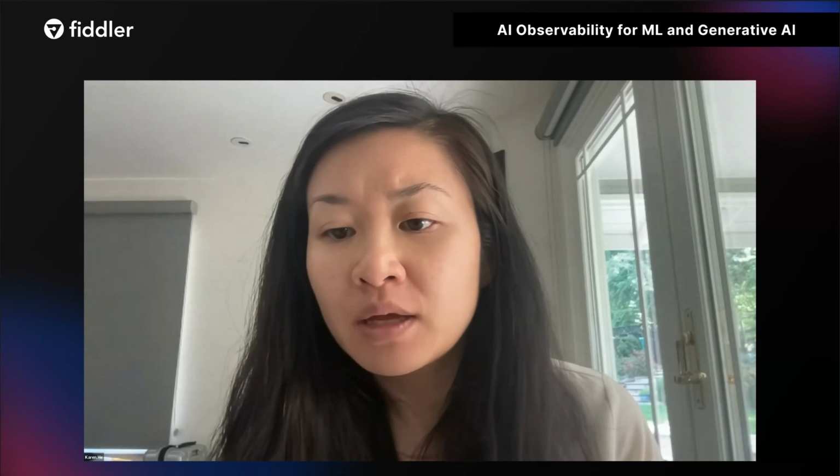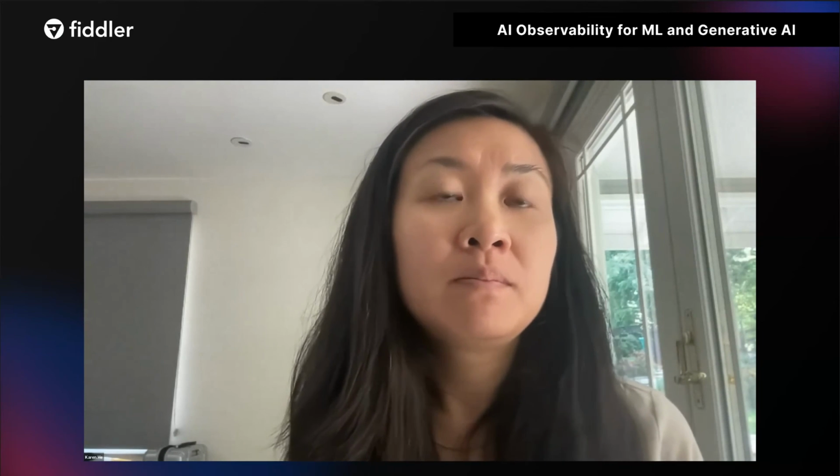Thanks, Shri. Another question. Can you monitor embeddings from a private or closed LLM? It depends if we have access to the embedding. Some of the large language models use embeddings internally, and all we have access to is the input and the output, depending on the use case. So in any scenario where we have access to the embeddings in a large language model, we can monitor them. That's the only requirement.